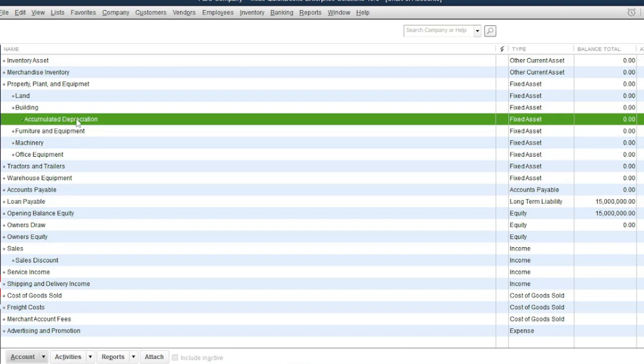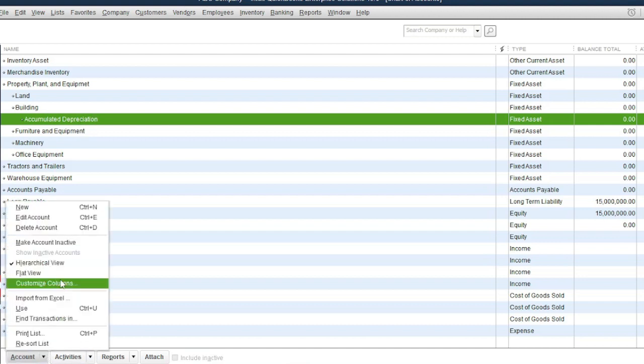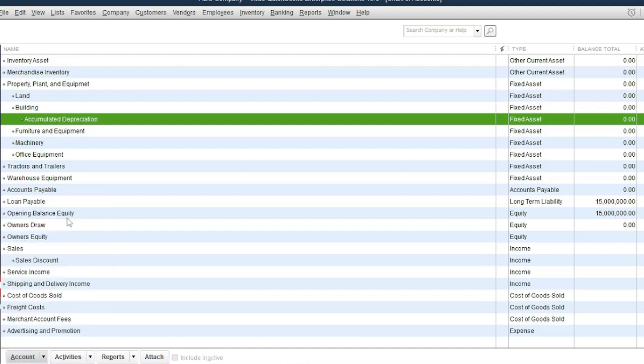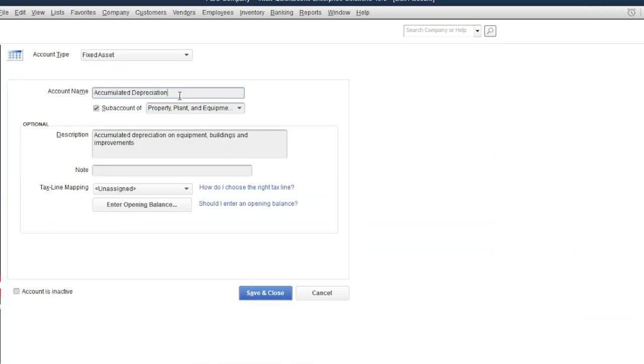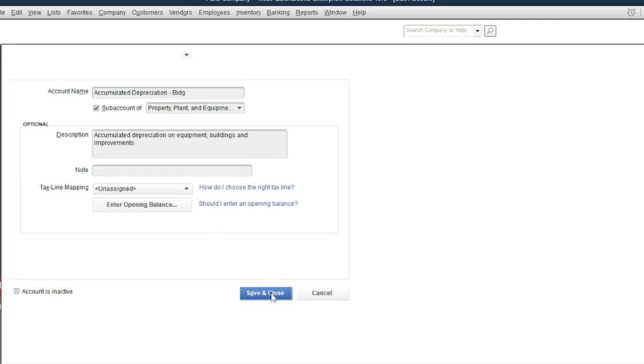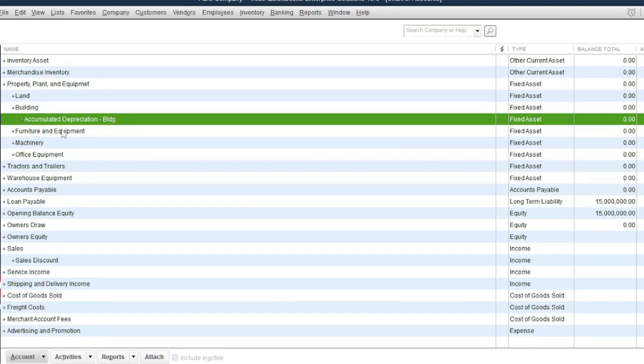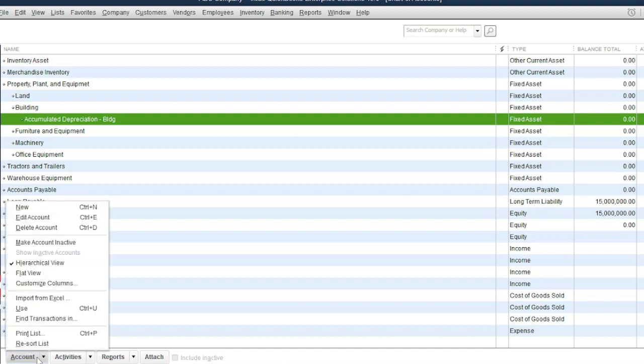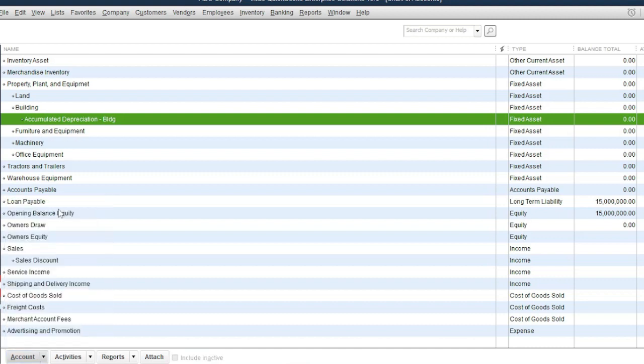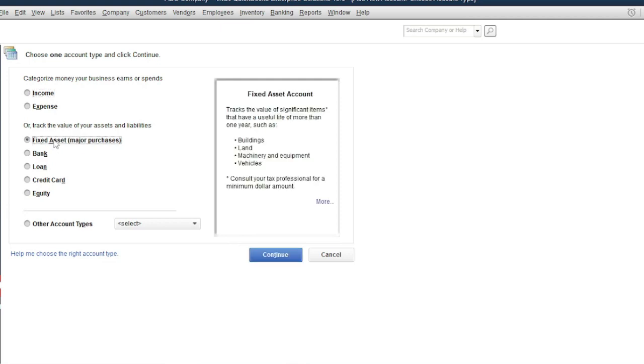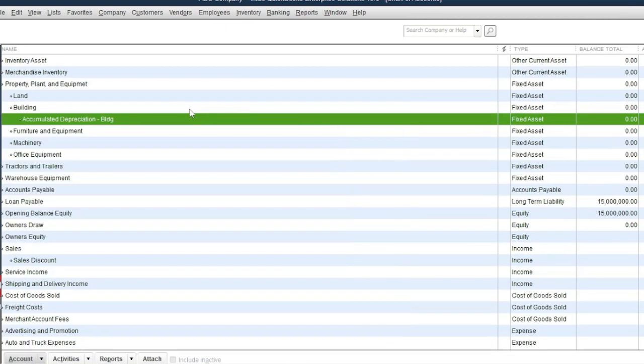Okay, so you can rename the accumulated depreciation. You can edit the account. Building. Okay, then click OK. Save and close. Okay, you can also do that to the other account. So we need to add another account, accumulated depreciation, fixed asset, then continue,